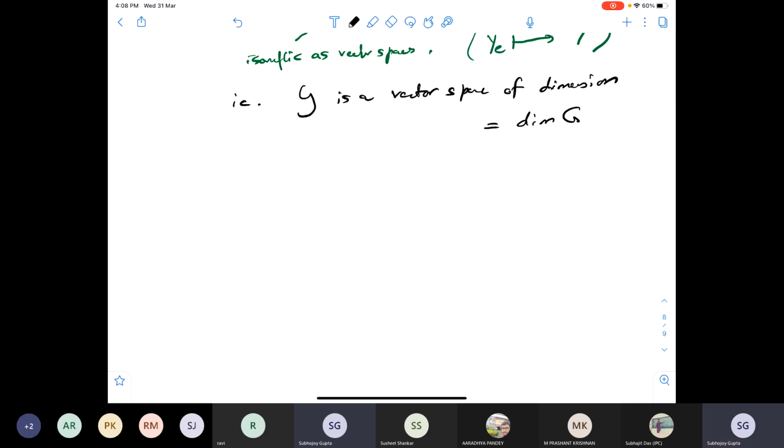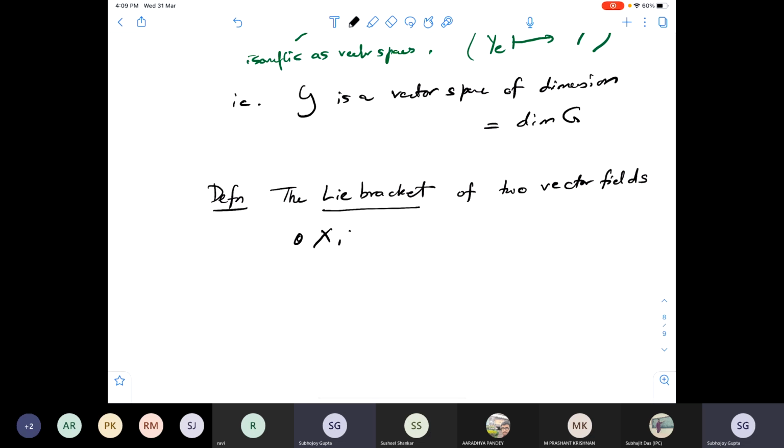So this definition is of a Lie bracket. So the Lie bracket of two vector fields. These can be defined for any vector fields on a manifold, not just left invariant vector fields on a Lie group. And we'll see what it means later on. But right now, let me just introduce it. A Lie bracket of two smooth vector fields, of course, let's call them X and Y, these are smooth vector fields on M, is a new vector field